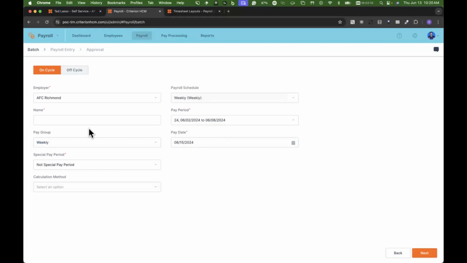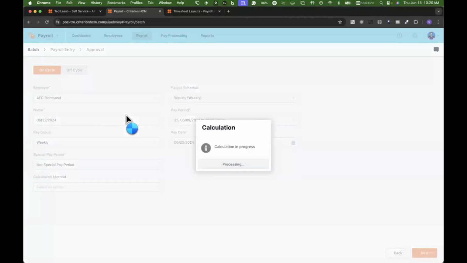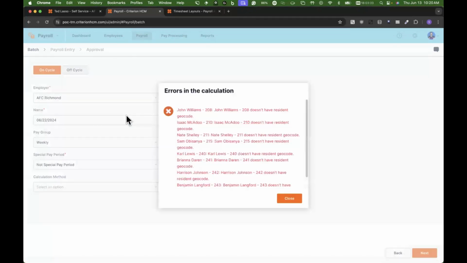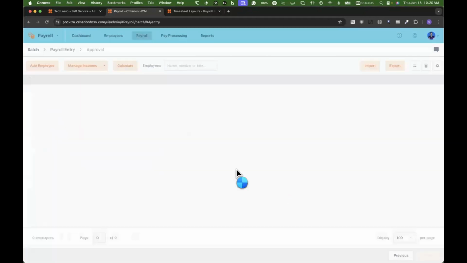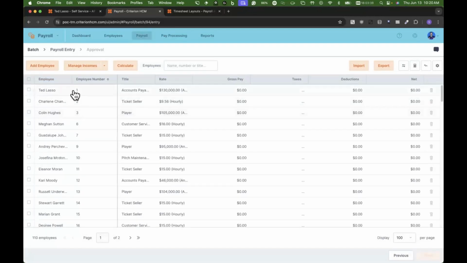And there we go. Now, it does not need to be the same pay period as the date of the expense report. Let's just say I'm processing this one instead. Because sometimes the expense reports come in later because you're waiting for some emails or whatever. Maybe like I said, they do it once a month or something like that. So I'll just hit next, and I hope Ted is included in this. So here's Ted, and he doesn't have anything in there now, but I'm going to go